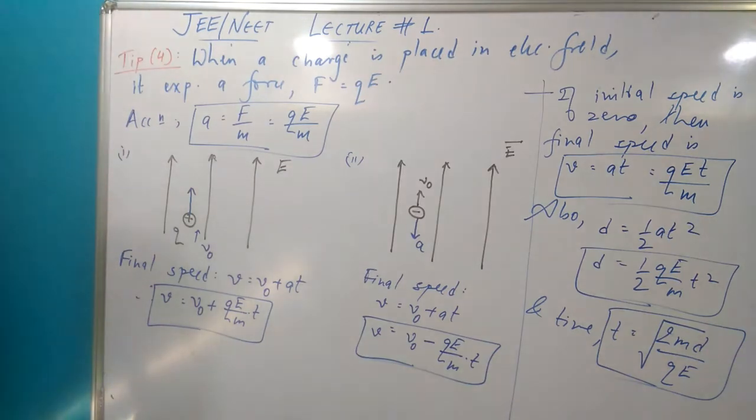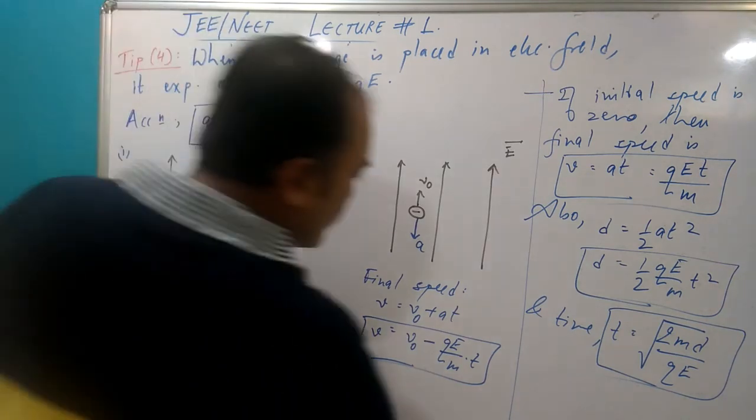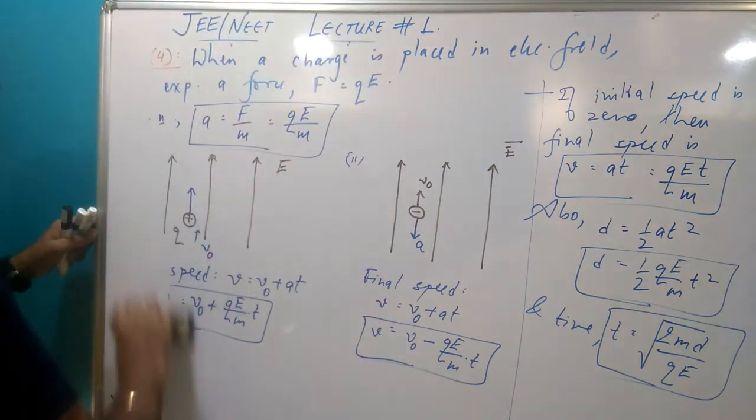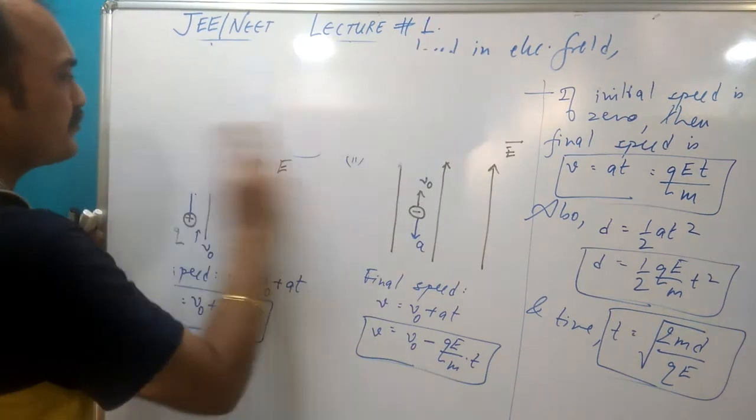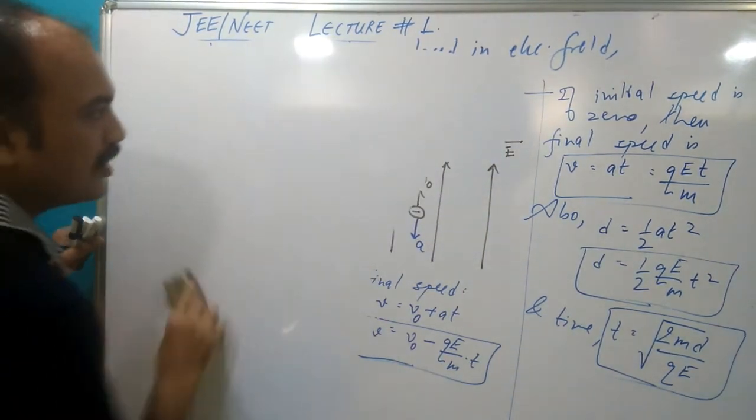But what I want to do in this JEE lecture is not this. This is just a normal idea. But in the JEE stuff, we look at charges moving in a direction perpendicular to the electric field. So how is that going to happen? I will show you that in a minute. You can just look at these various equations. Now, charge moving perpendicular, how does that work out?